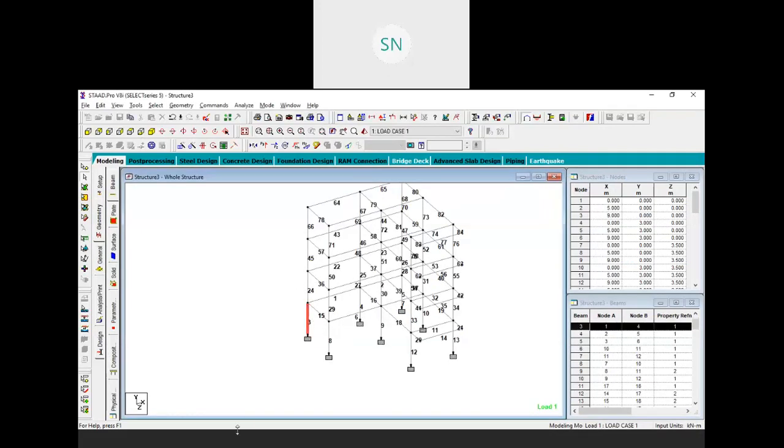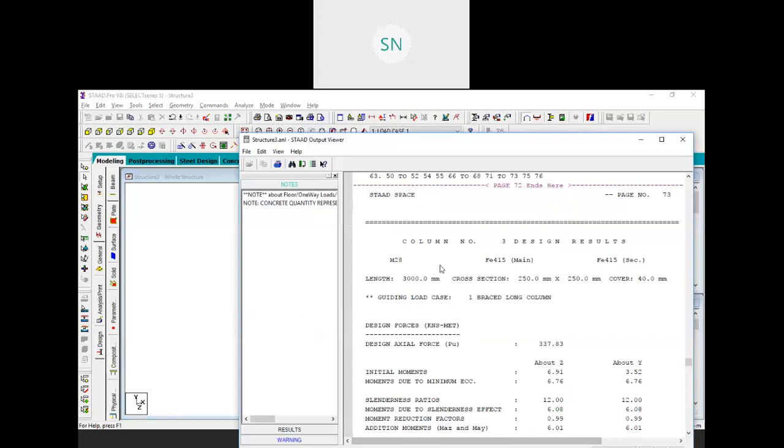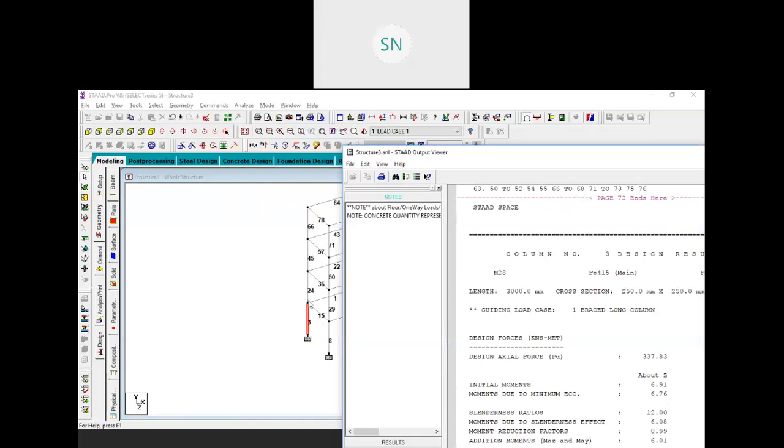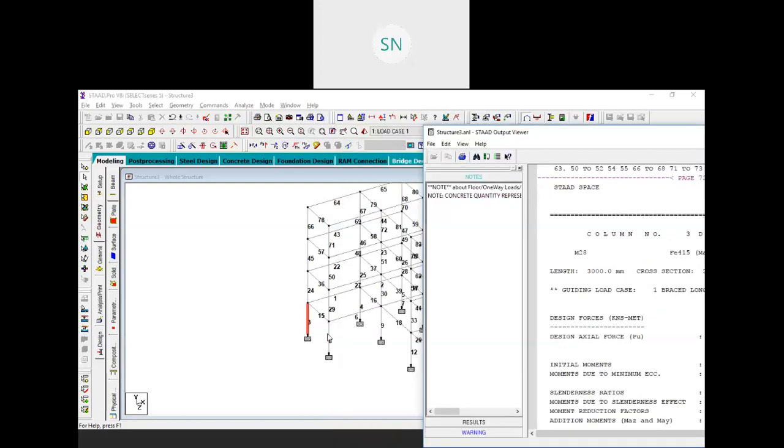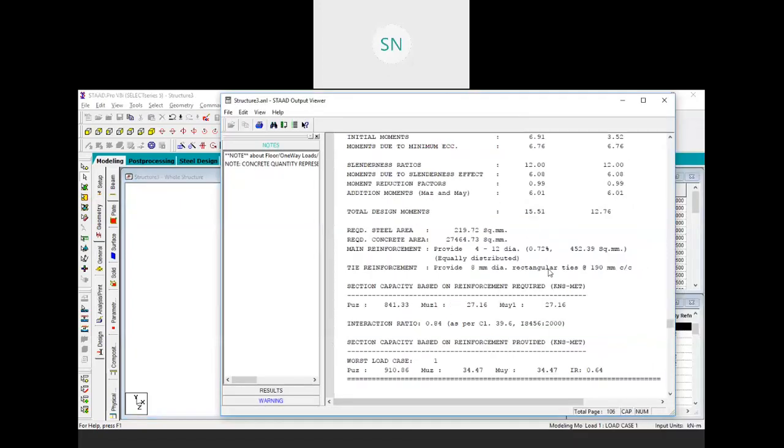See, and when you see your report, this reinforcement detail given over here is for this member only, right? So that's why we have to renumber, because there are many members which may create some confusion to you, not for the software, it may create confusion to you. So now here we have column number 8. So if you want to check the detail of that, then you have to find column number 8 in your report,